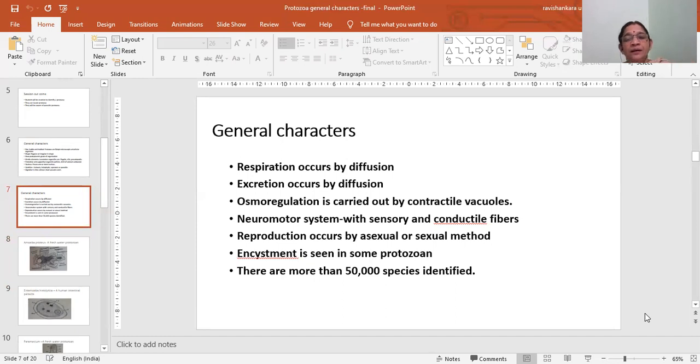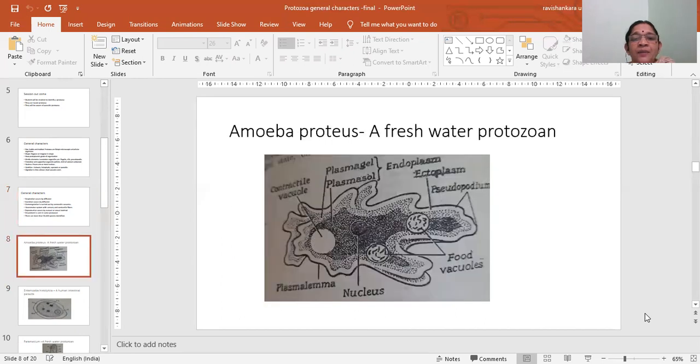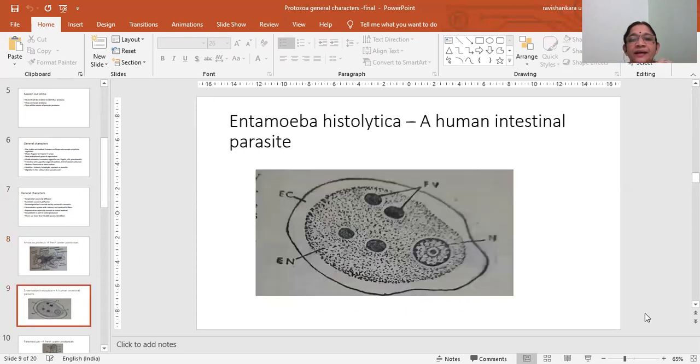With this we had the general characteristics, but there are different kinds of protozoa. More than 50,000 protozoa are identified, and we will see some examples. Amoeba is a freshwater protozoan usually seen in ponds and can be cultured in the laboratory. Entamoeba histolytica is a parasitic protozoan observed in the intestine of human beings,